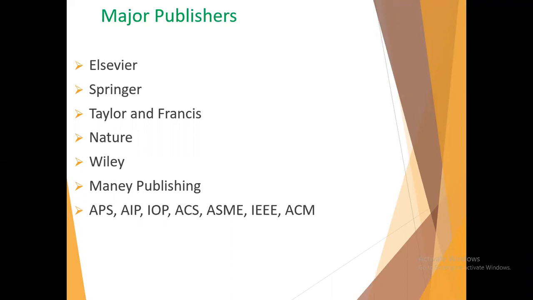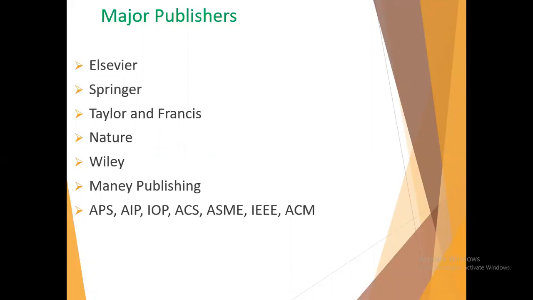Now next is the major publishers. Whenever we go for the literature survey, which literature will we select, because a lot of publishers are there, and you find a lot of research articles from different kinds of publishers. In that case, some bogus things you will also find on the internet. Which are the good publishers that you can rely on for the information, and what are the different indexing services that you can also rely on? That also plays a crucial role while carrying out research, because